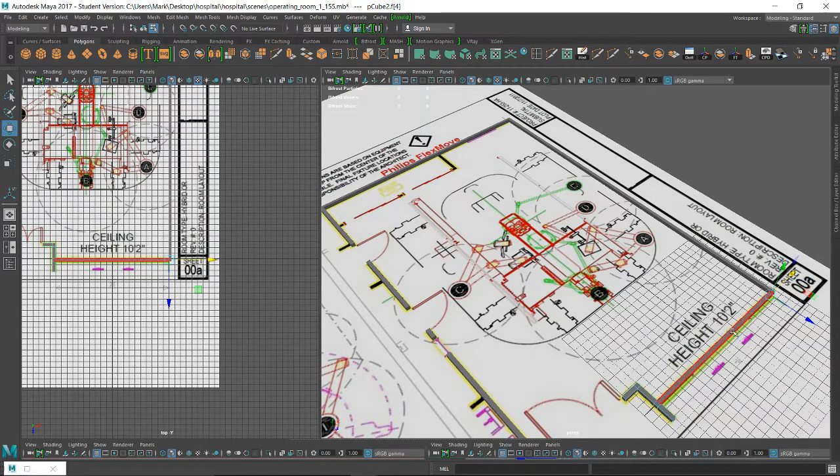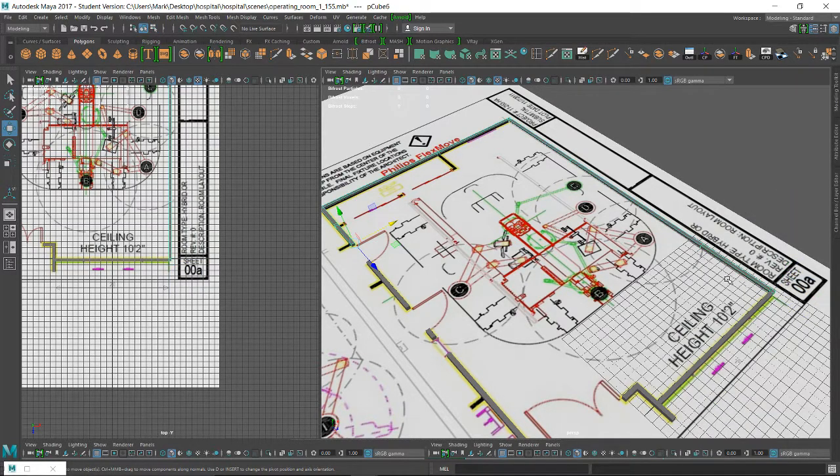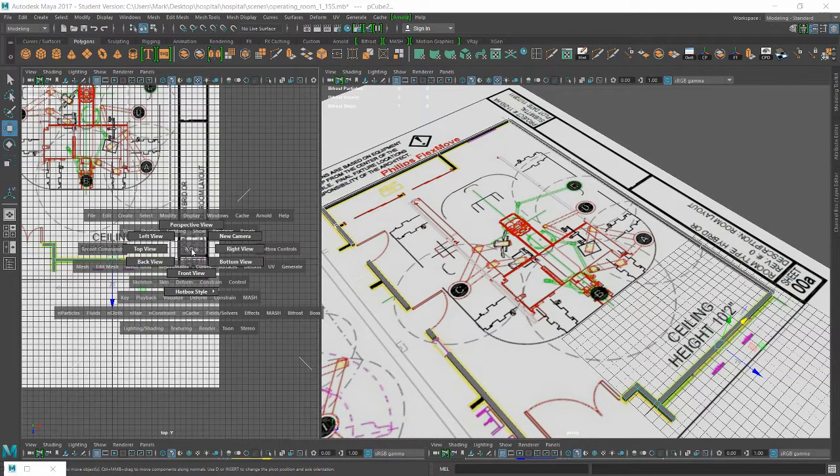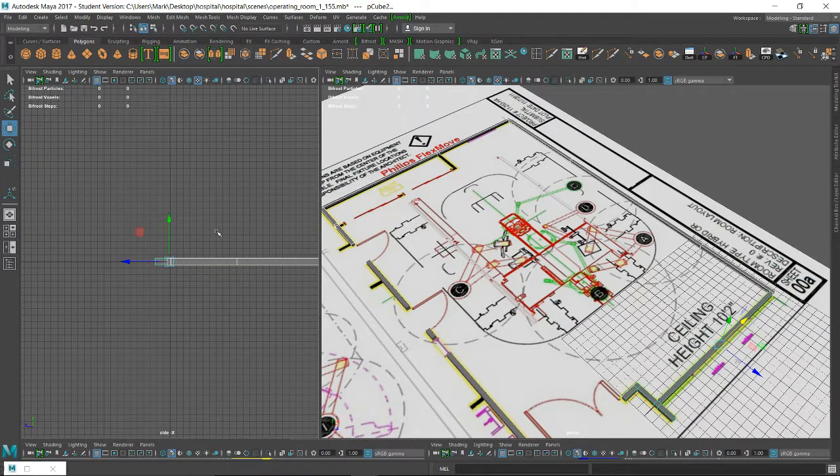So we're going to actually give the ceiling height. Okay, so here, let's go like this. I'm going to go to object mode, select this one, shift click this one. I don't have to combine them right now. What I'll do is this, I'll come into a side view. So I'm going to go spacebar left click, and then I can go front view, left view, right view should be fine. I'll come over to here like that,